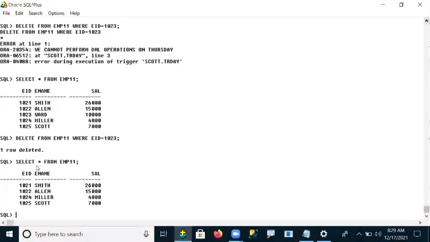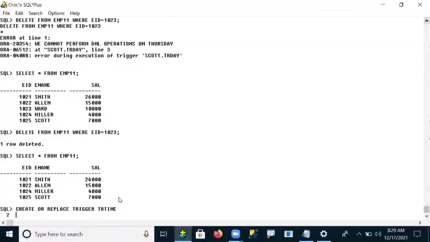So now this is my present table. Now I'm creating one trigger object. Create or replace trigger T_time, and I'm using after insert or update or delete on EMP11.